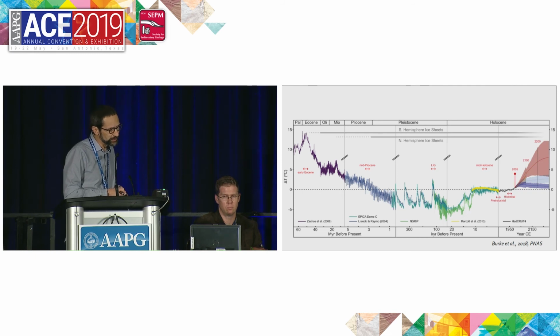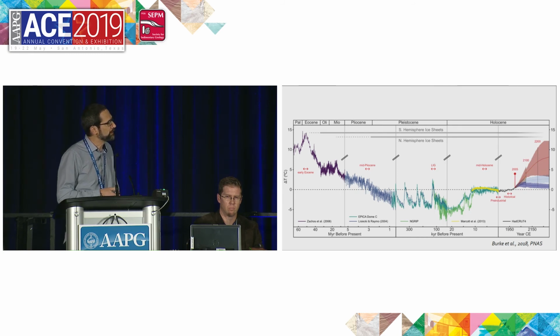No, actually, that is 2100. Anyway, these projections into the future are the representative concentration pathways that the IPCC developed, and that is the most pessimistic one, RCP 8.5. And the idea here is that if we do business as usual, then this red projection is the one that we are going to land on.